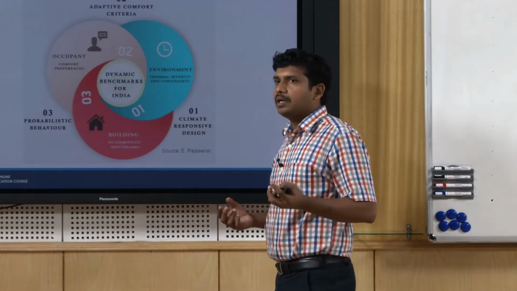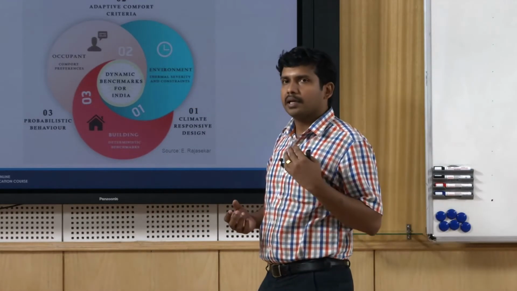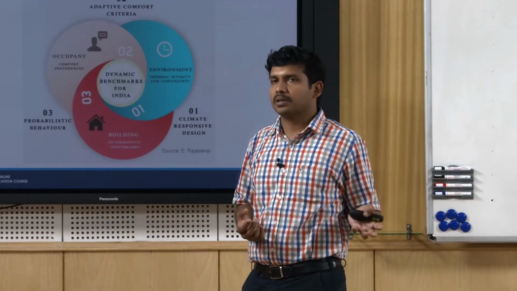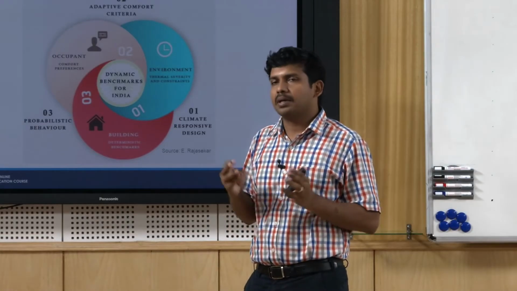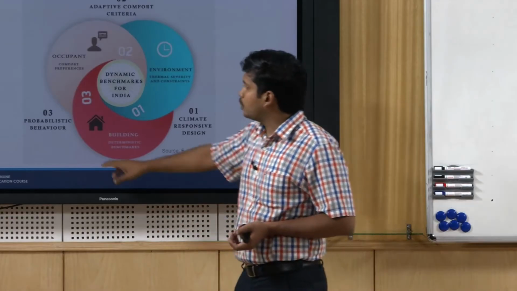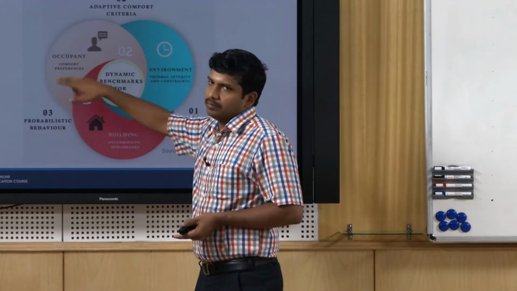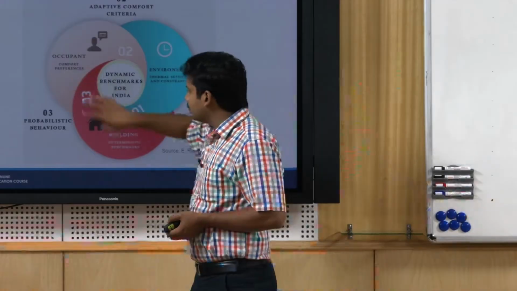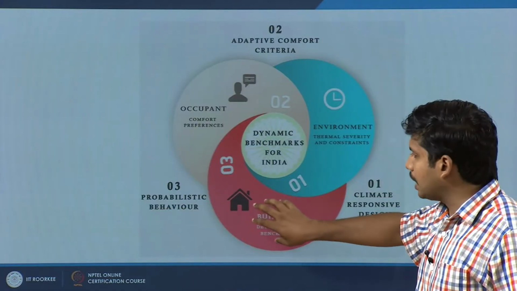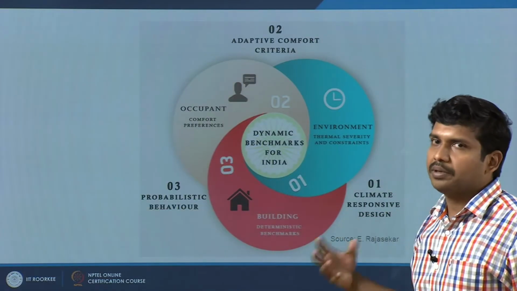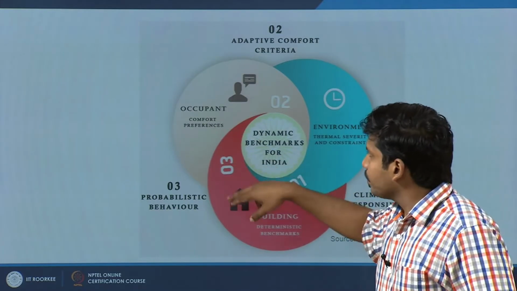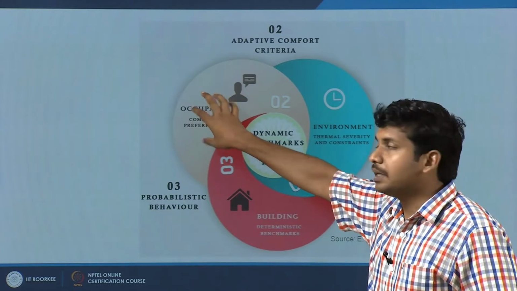I can open the building, probably I will open, I can open the window, probably I may open the window, to what percentage people are willing to use it. So this is more of a probabilistic interaction. When the occupant uses the building more, focusing on its adaptive features, then the comfort perception considerably changes.